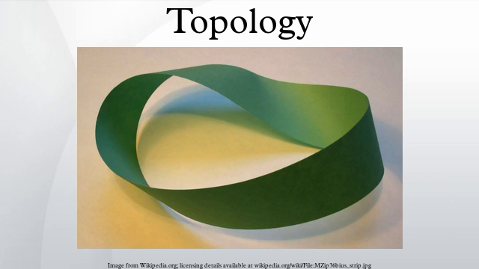The English form topology was first used in 1883 in Listing's obituary in the journal Nature to distinguish qualitative geometry from the ordinary geometry in which quantitative relations chiefly are treated. The term topologist in the sense of a specialist in topology was used in 1905 in the magazine Spectator. However, none of these uses corresponds exactly to the modern definition of topology.